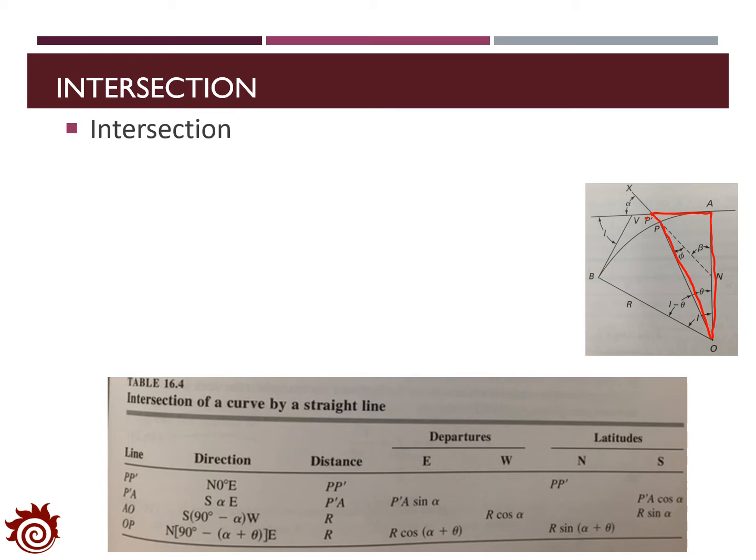The table below shows the distance of each segment and the direction. Also, we can estimate the departure and latitude. All the information is given except the value of theta and PP'. So for the polygon P'OA, if we consider the summation of the latitude, we will have